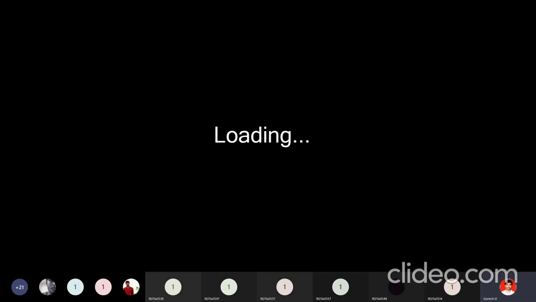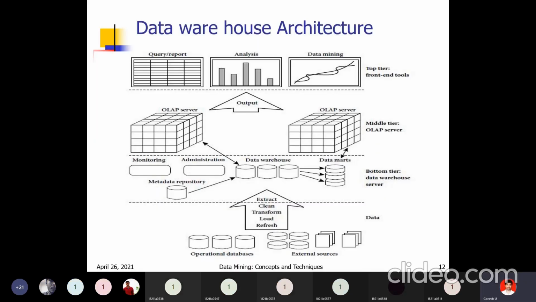Next, type 3. Type 3 is nothing but the top tier. The top tier is a front-end layer which contains query and reporting tools, analysis tools, data mining tools, trend analysis, prediction, and so on. These are nothing but representations. Finally, from the OLAP servers, the data can be taken. From the OLAP servers, we get information, that is, the knowledge. Here the correct word is knowledge. Why? Because from the KDD process, you know the difference between data, information, and knowledge. Here, in the top tier, the knowledge can be represented using different methods.